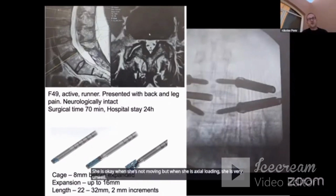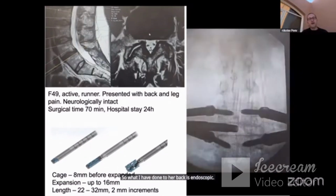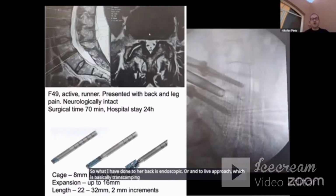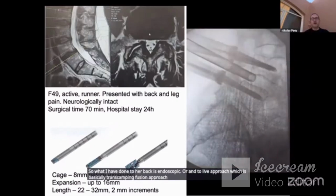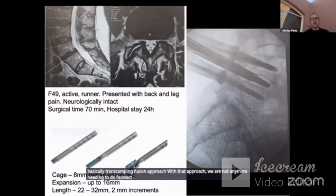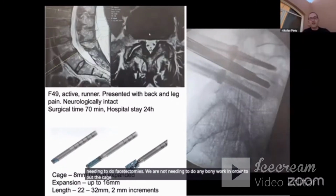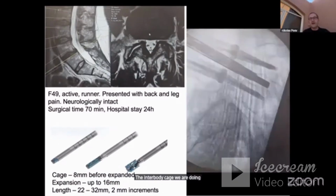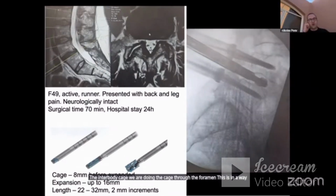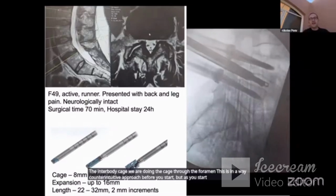So what I have done to her back is endoscopic or Endo-LIF approach, which is basically a transforaminal fusion approach. With that approach, we are not anymore needing to do facetectomies. We are not needing to do any bony work in order to put the interbody cage. We are placing the cage through the foramen. This is in a way a counterintuitive approach before you start,